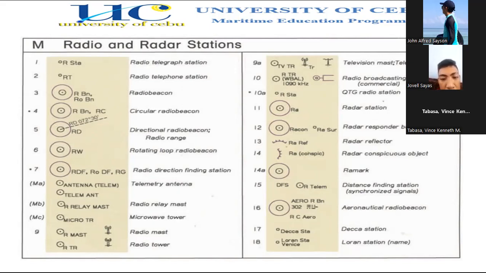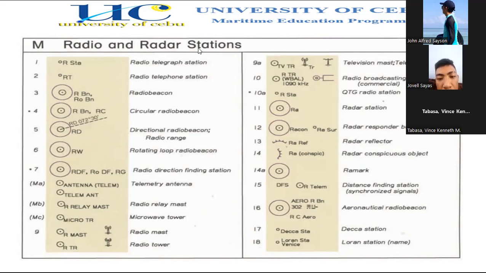8A telemetry antenna, 8B radio delay mast, 8C microwave tower, nine radio mast and radio tower, 9A television mast, television tower, 10 radio broadcasting station, 10A QTG radio station, 11 radio station, radar station, 12 radar responder beacon,